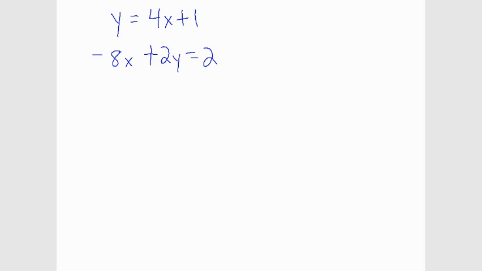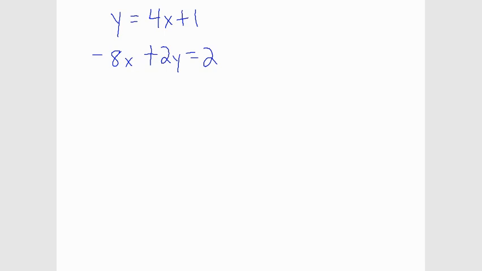Hello there. In this video, we're going to look at solving a system of linear equations. In the previous video, we looked at it through a graphing perspective, so graphing and looking for the intersection. And we want to recall really quickly, when we graph a system of linear equations, we could end up with